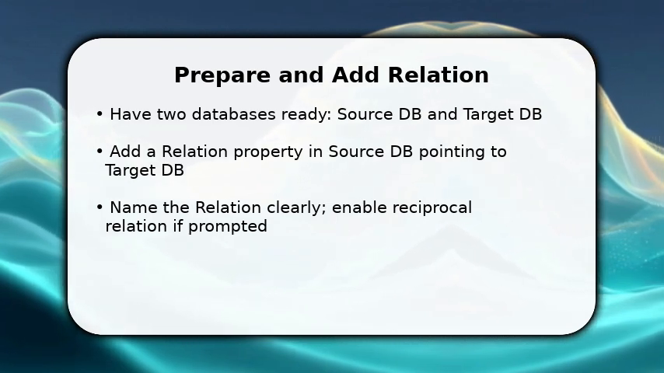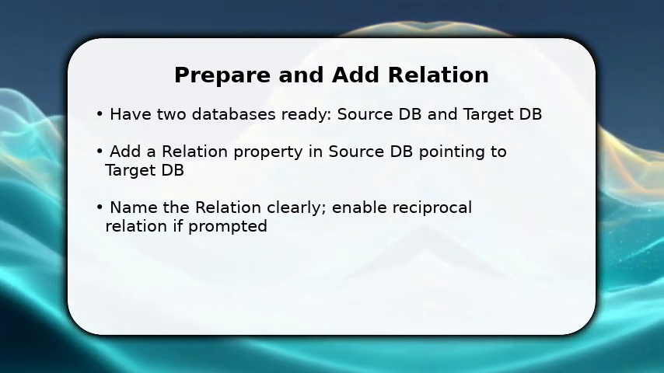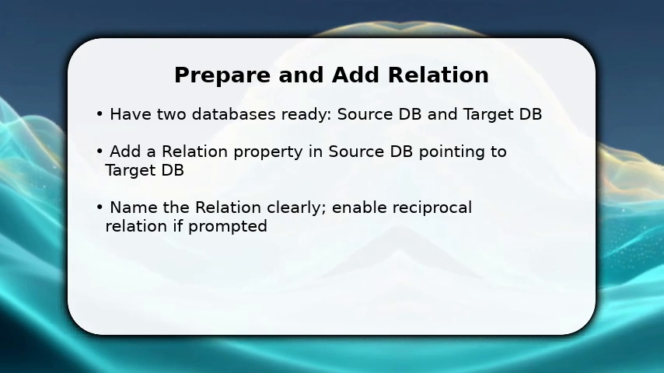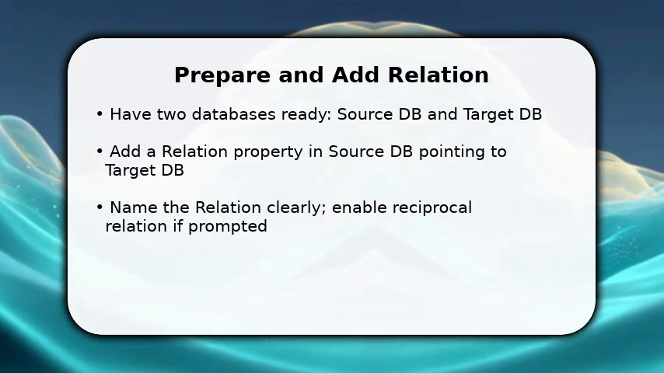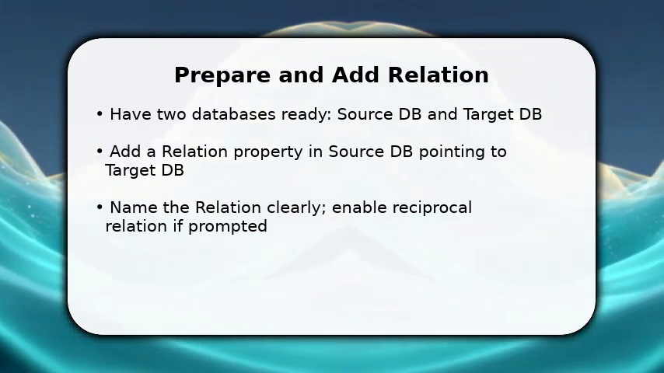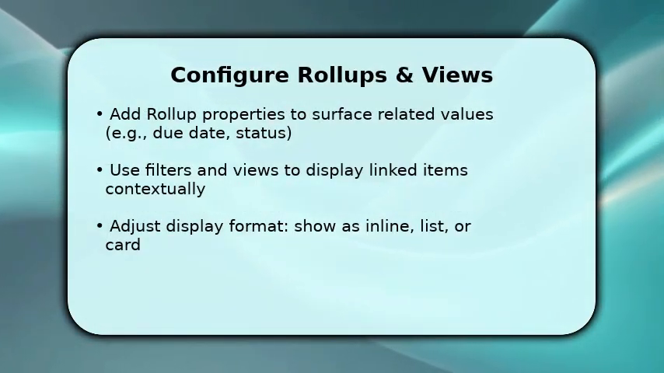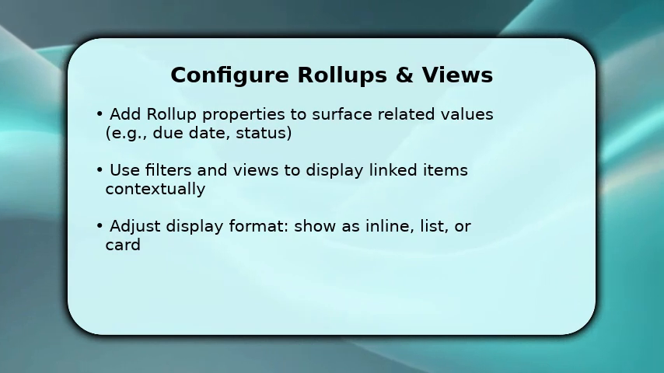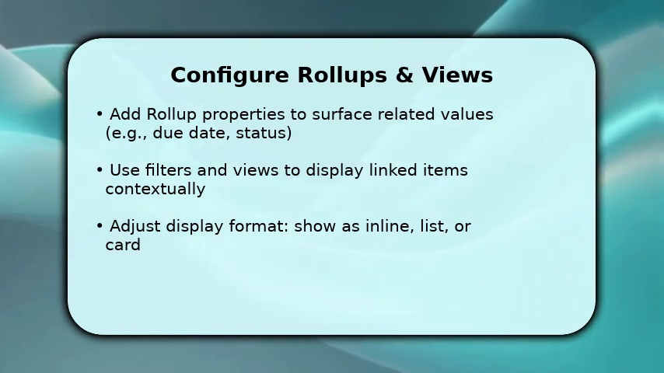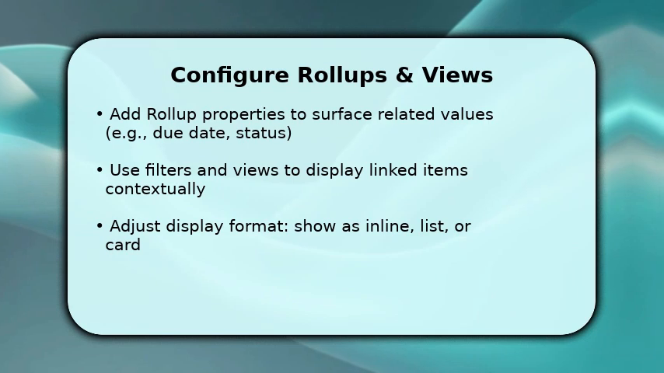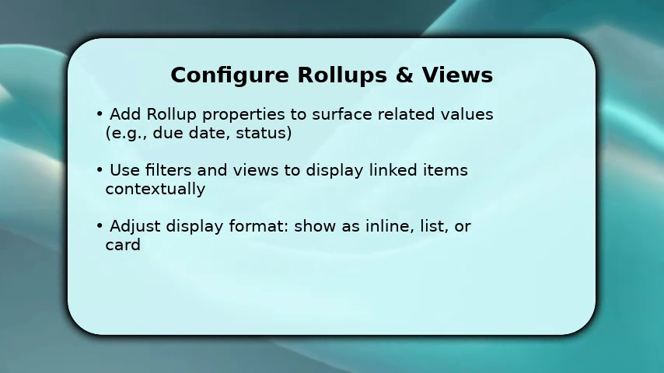Then, click a row in source and use the relation field to add an entry from target. That first link demonstrates the connection and creates the underlying relation records. Once relations exist, add rollup properties to pull specific fields from linked records. Choose the relation, select a property in the target DB, and pick a calculation like show original, count, min, or